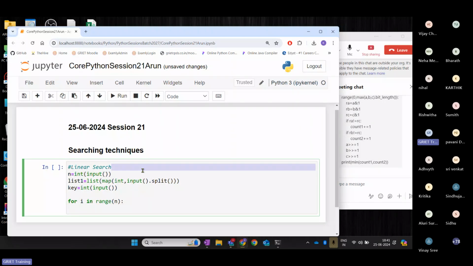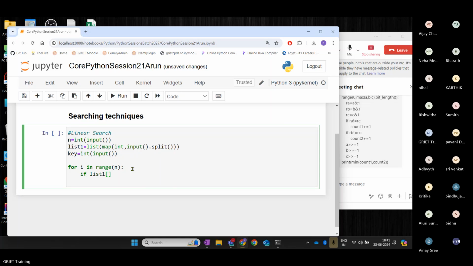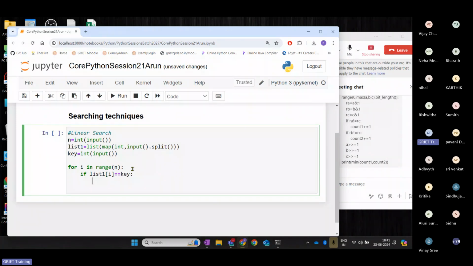So how many elements are there? That many times you have to iterate over the array, right? To check whether the key is present or not. Then what you will do if list of I is equal to key, correct? So what you will do if the list of I is equal to key,